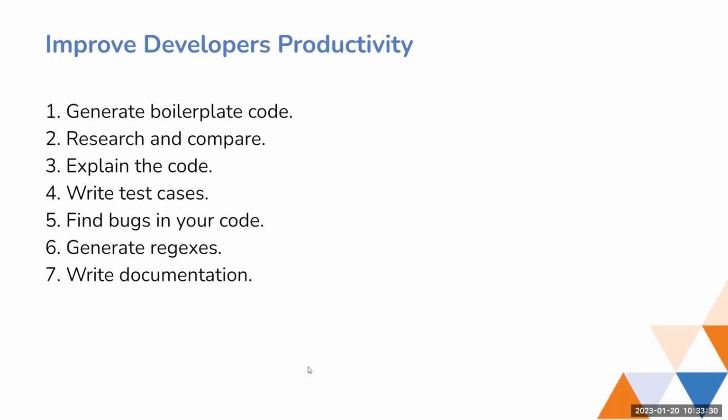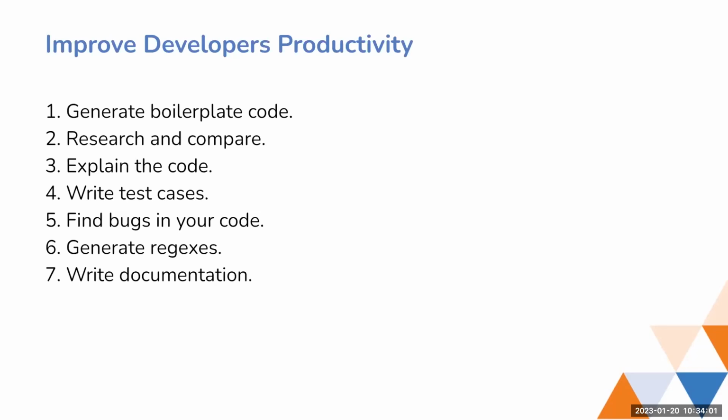Explain the code. We face some tough times when we would like to understand other developers' code which was not built by us. Here we saw legacy code with no comments. We die a little bit when we read everything line by line. Now we can ask ChatGPT to explain what the code does, and we save a bunch of time.